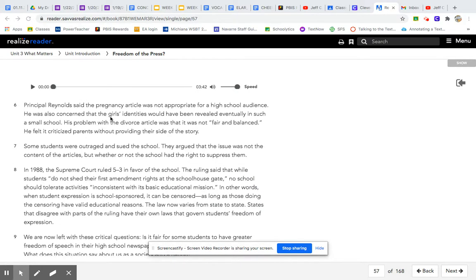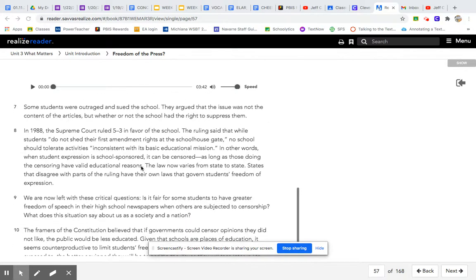Principal Reynolds said the pregnancy article was not appropriate for a high school audience. He was also concerned that the girls' identities would have been revealed eventually in such a small school. His problem with the divorce article was that it was not fair and balanced. He felt it criticized parents without providing their side of the story. Some students were outraged and sued the school. They argued that the issue was not the content of the articles, but whether or not the school had the